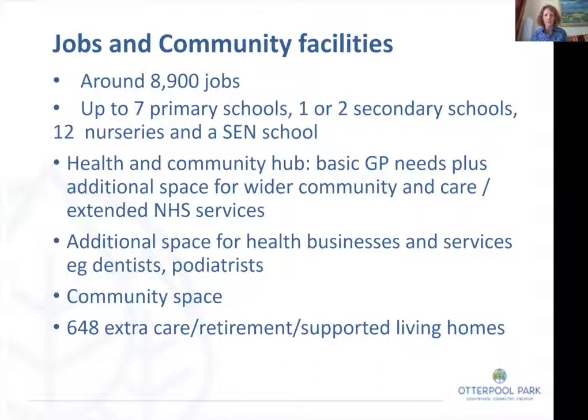And I think we very much see, in addition to space for perhaps more traditional businesses, we know there are some businesses locally, for example, who may be interested in expansion and moving here. The trend towards perhaps more flexible working, innovation centres, smaller office space, ability to work at home. All of those things are things that we're really taking into account, alongside the really important connection to